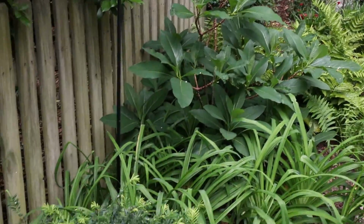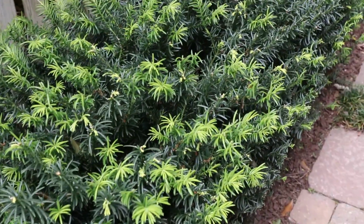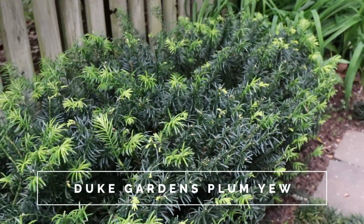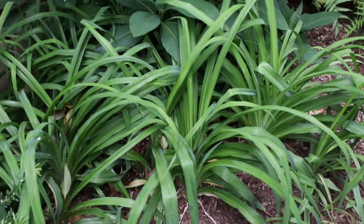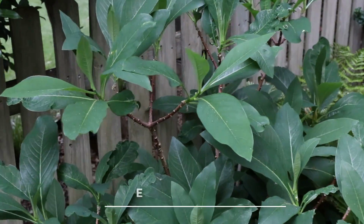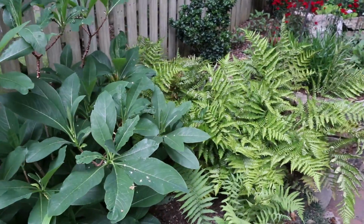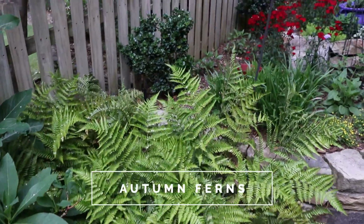Okay, there's a row of yews along here. This might be Duke Gardens plum yews right here. It's actually what it looks like. And there's daylilies here that will be a little while before they start blooming. Beautiful paper bush right there. Let me zoom out just a bit in this tighter space. And then this looks like autumn ferns right here. There's a few more of those